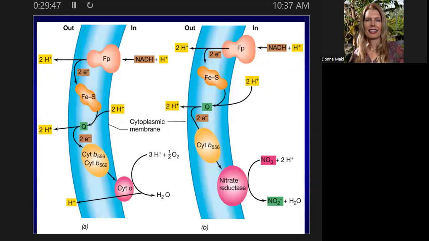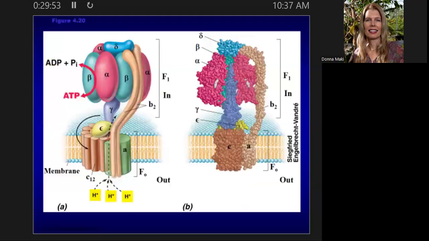Okay. So proton gradient. How do we make that? Well, it's through this electron transport chain process. And then ATP synthase, well, that's how the protons diffuse back. And in that process, they're phosphorylating ADP. Okay, so